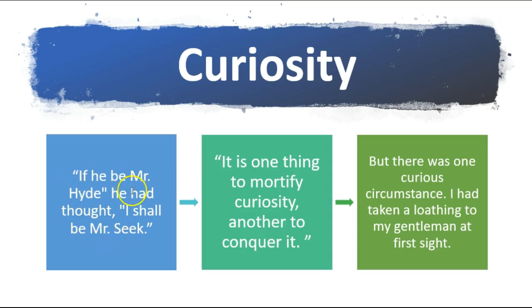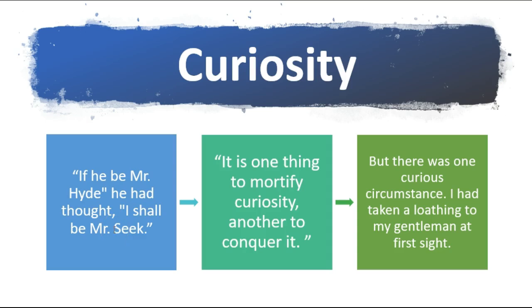So at the beginning, he has Utterson behave like a detective and also think like a reader who is curious. "If he be Mr. Hyde, he thought, I shall be Mr. Seek." And yes, there is a little joke in there which makes this a very memorable quotation, but the way to use it is to talk about how this addresses the contemporary reader. The contemporary reader feels like this. They are seeking the solution to the problem of this mystery, of this detective story.